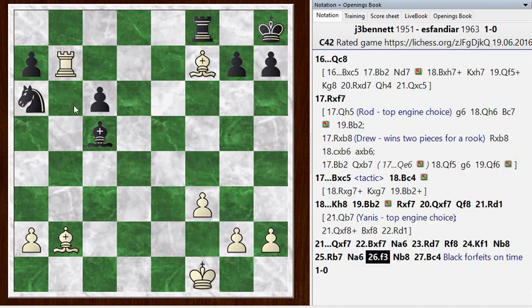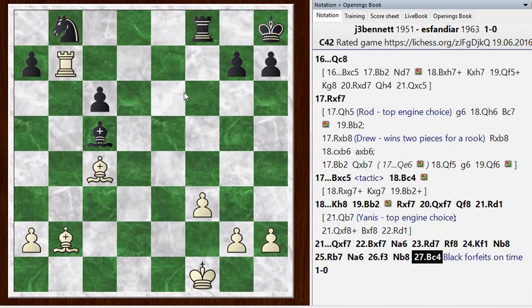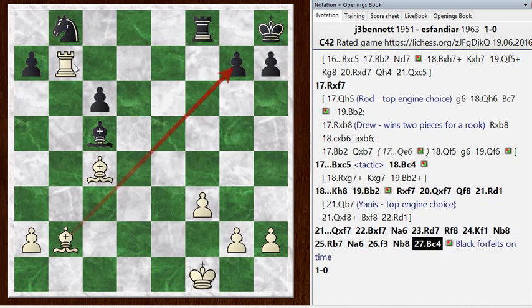Let's see, he went knight back to b8, and I just went bishop to c4. Now that I'm free to move the bishop, this knight no longer has any moves, and he just ran out of time looking for an answer, but there is really no answer to bishop or rook takes on g7. He's going to just fall apart at this point. So a good win